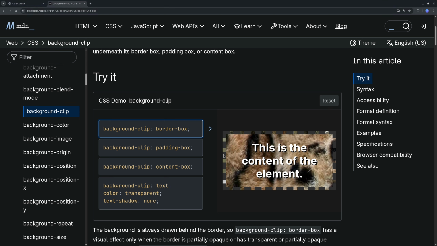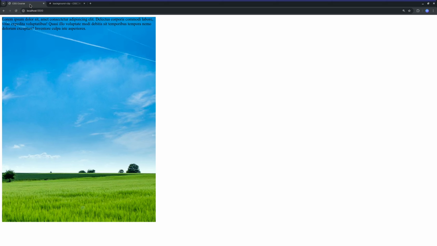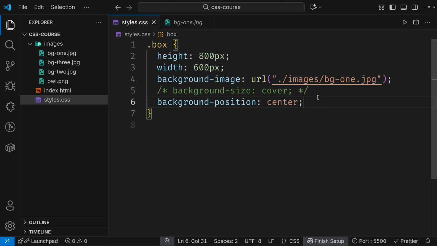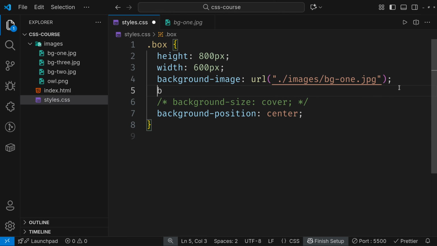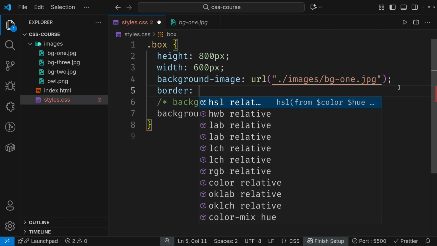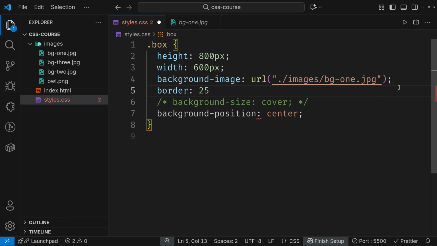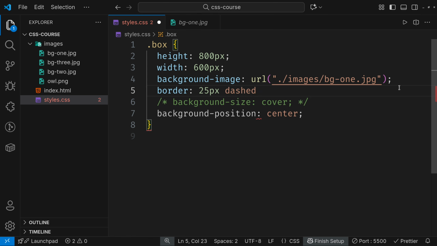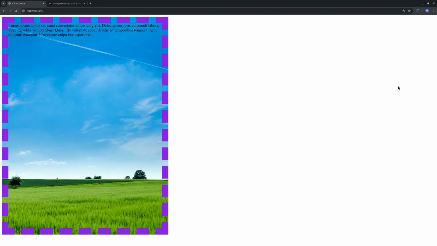I will create something similar to this. Currently our image does not have any sort of border or something like that. So let's add a border. Border of 25 pixel dashed and then blue violet. Okay, something like that. If I just save here without setting the background clip property, as you can see,